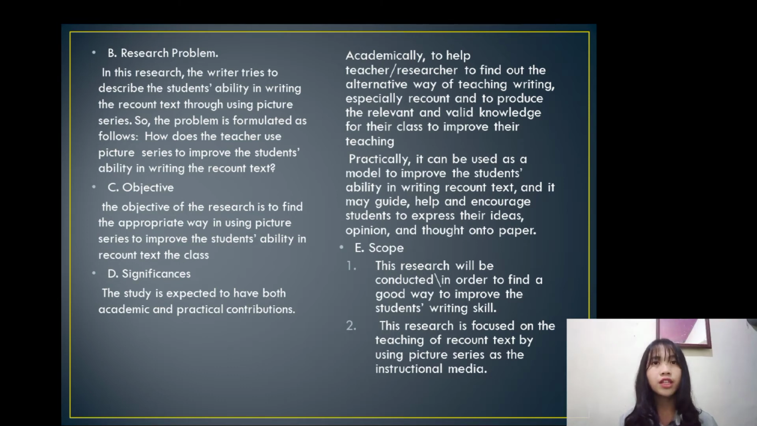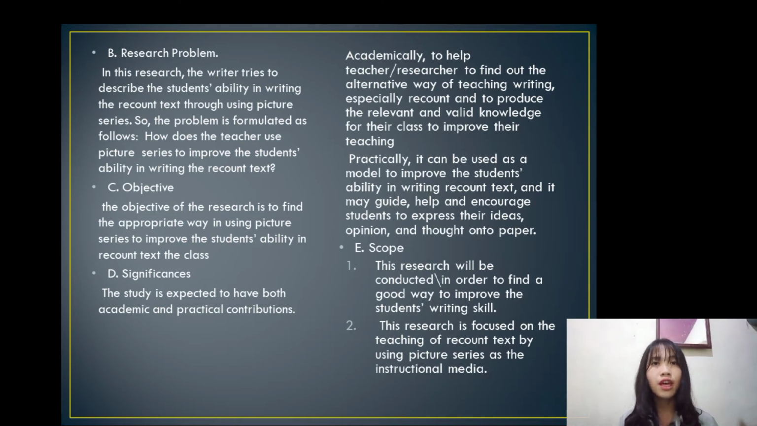Objective. The objective of the research is to find the appropriate way of using picture series to improve the students' ability in writing recount text in the class. Significance. The study is expected to